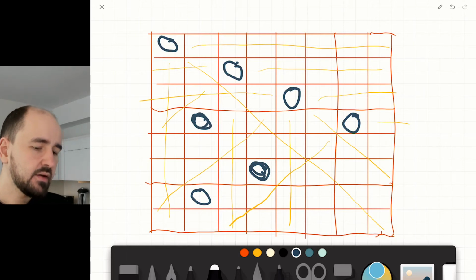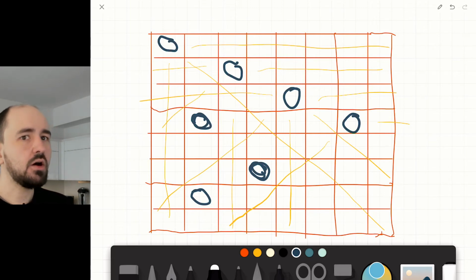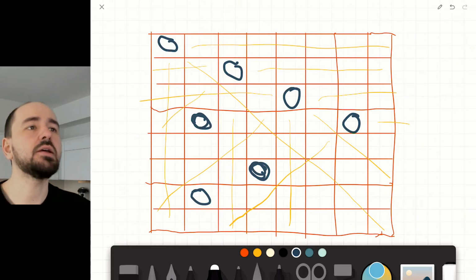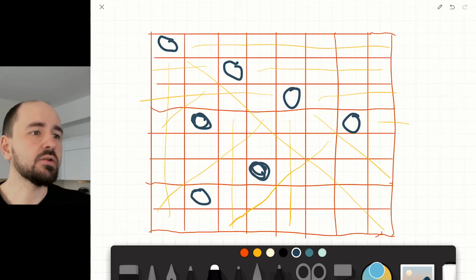And every time I place a queen, I would mark off on the board or on the grid all the positions that are no longer available, right? So if you imagine an algorithm,